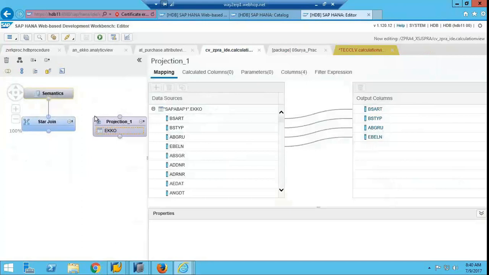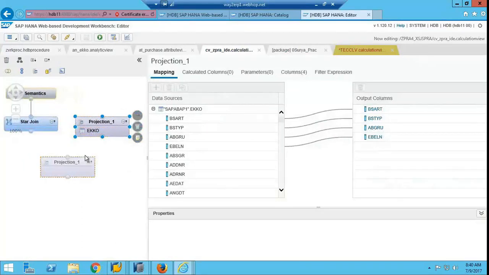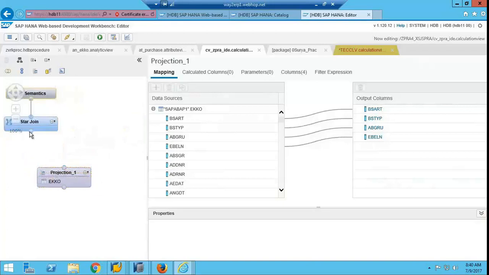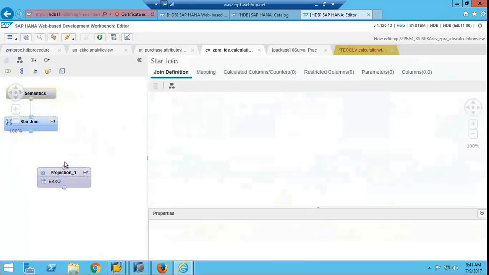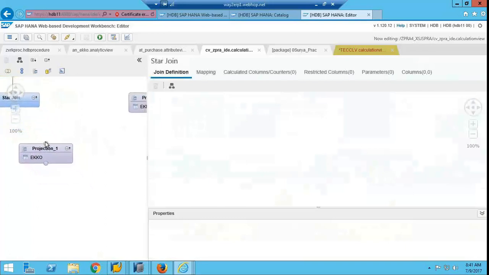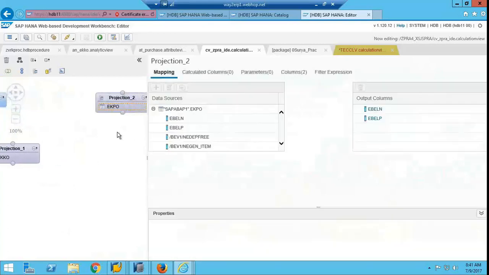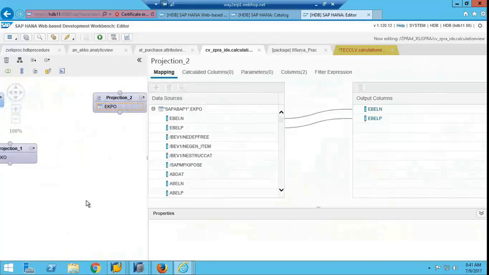Like EKPO, both tables you can join, the same way you did in calculation view, you'll do here also, linking the tables with a join. Okay, EKKO, EKPO, both tables you can join.